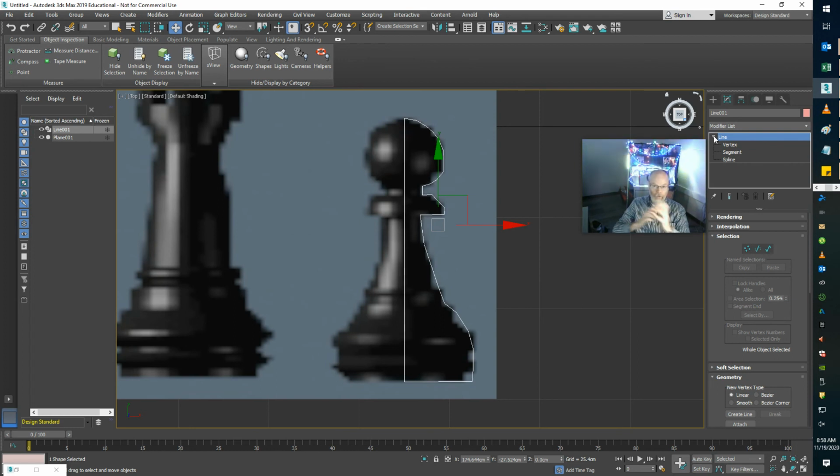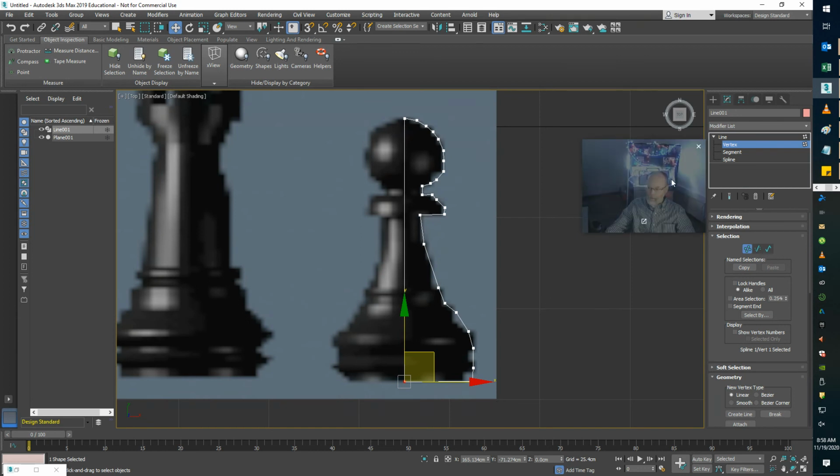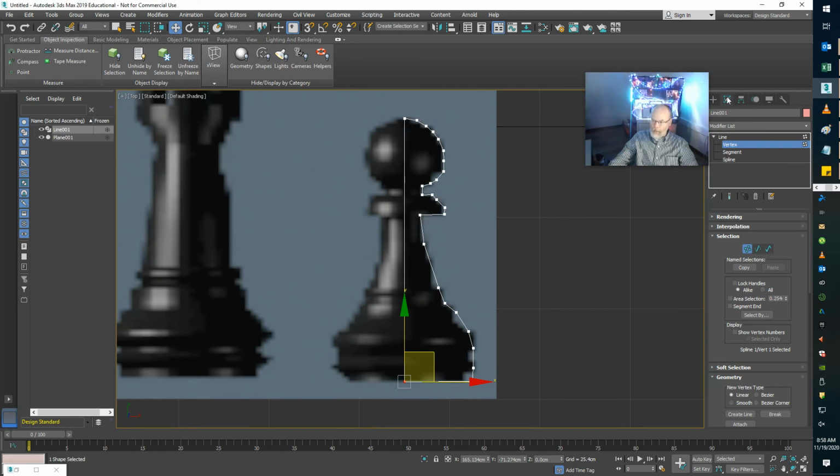And you'll know I threw out the word vert a couple of times. So when I select the vertices at that level in the stack, in the viewport, I see the points have been exposed. Now, because the point of origin was down here, I could click on this point to select it, and I can add a lathe operator, which is a modifier. So first I had to expose the points, not the spline, but get to this, and now I'm going to add a modifier. If I go to the top up here, again, the modify panel,